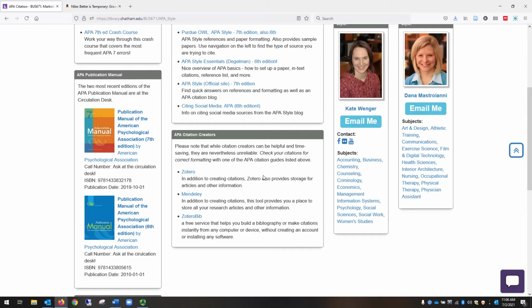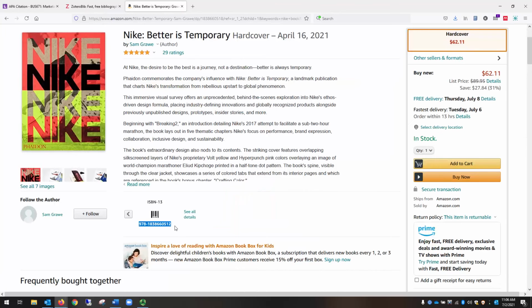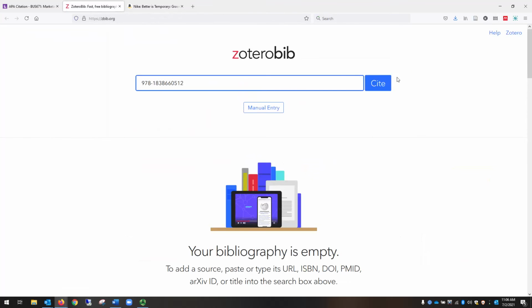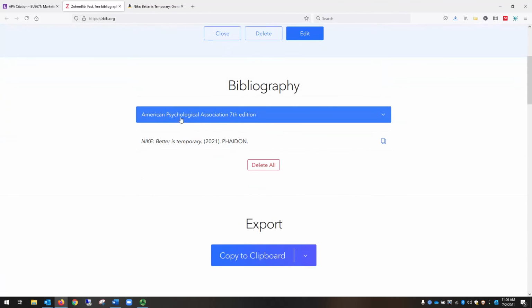The third one listed, ZoteroBib, lets you enter a piece of information about a source that uniquely identifies it, such as an ISBN for a book, a DOI for an article, or a URL, and then it tries to create the full citation. I'm going to go ahead and grab the ISBN for this book about Nike and enter it into ZoteroBib. If we scroll down so that we're making sure that we get the APA style citation,